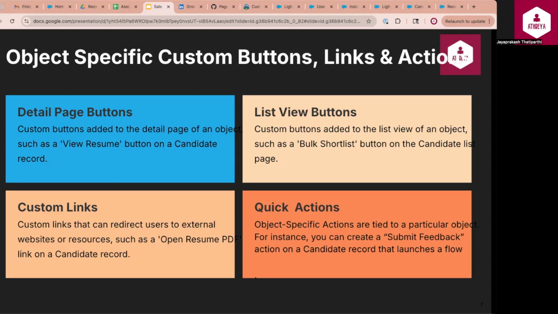Object-specific quick actions are designed to work within the context of a particular object. These actions can be placed on a record page and are commonly used to launch flows, open modals, or create related records. For example, a schedule interview action on a candidate record can open a screen flow that guides the recruiter through setting up interview details. Up next, we will walk through a demo of creating a custom detail page link to open a candidate's resume